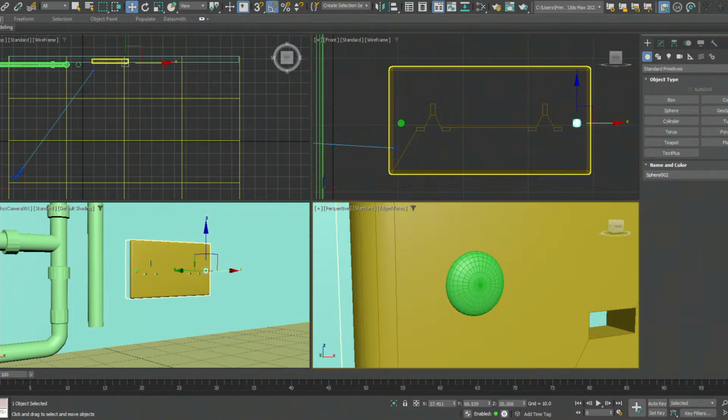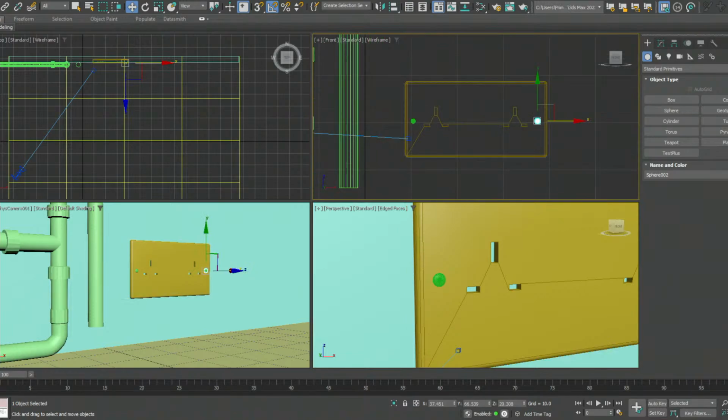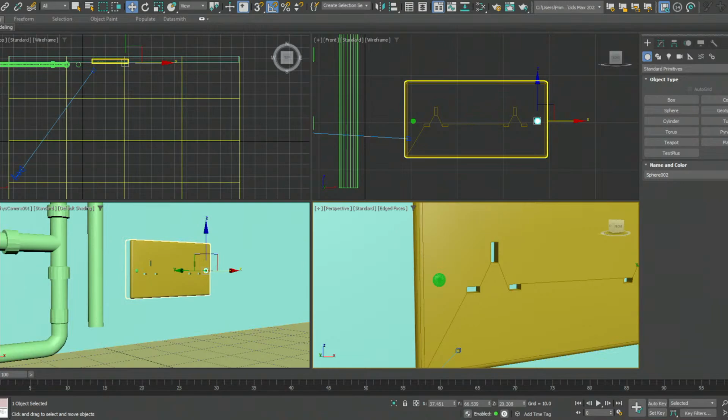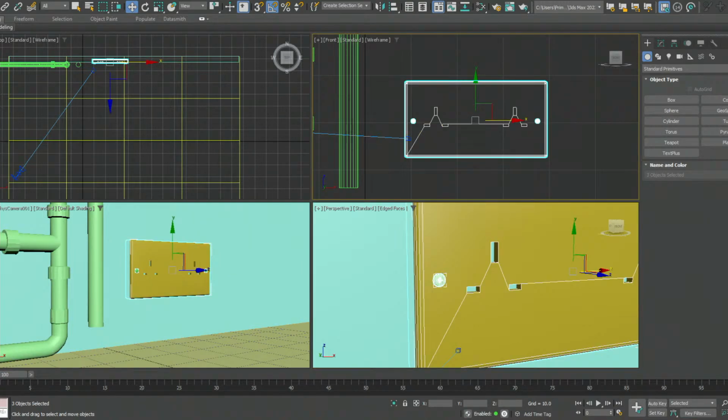I want to copy, and we're getting there. I'm just going to select all of this and group it together from your top menu. That's file, edit, tool, then group. You can group, and you could name this wall outlet,